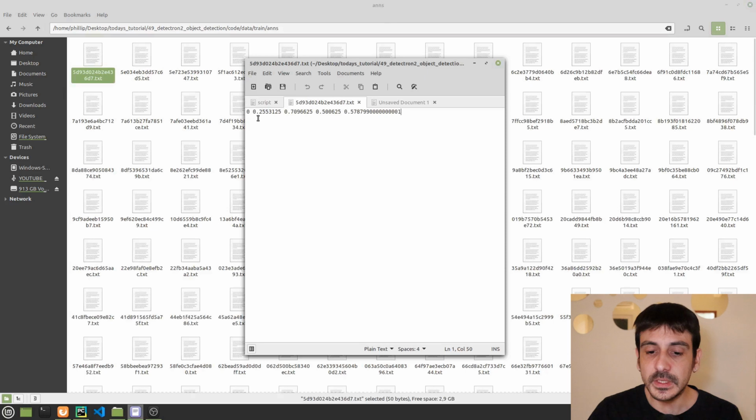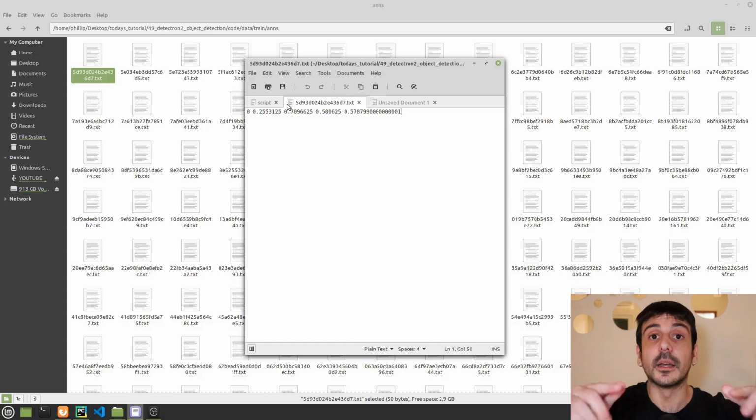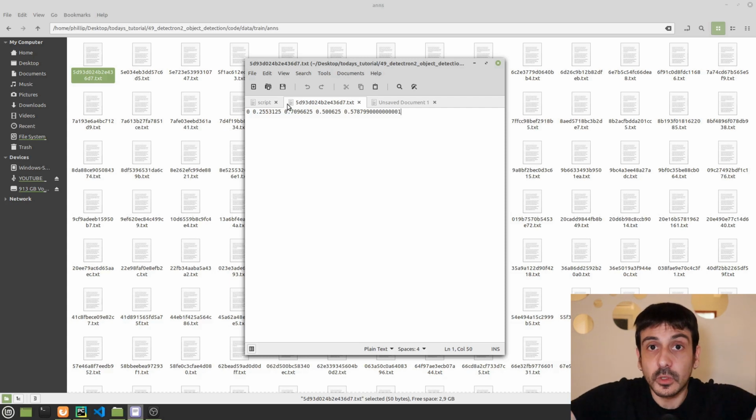Now, it's very important that in my case, I already have the annotations of this data. You can see all of these TXT files. These are my annotations for all my data, for all my images. But if you're watching this tutorial, then most likely you want to know how to train the Tektron2 on your own custom data. And most likely you want to know how to do all the annotation, right? You want to build this dataset from scratch. You want to annotate all of your images.